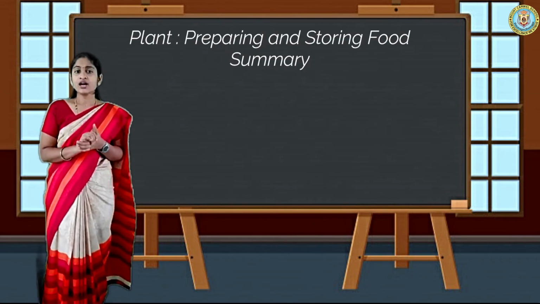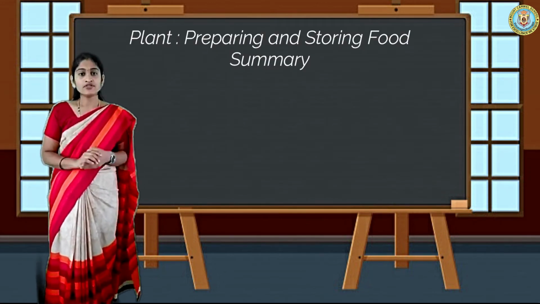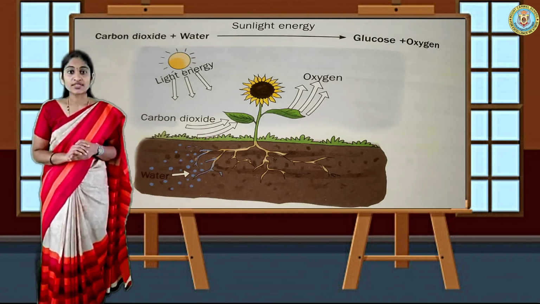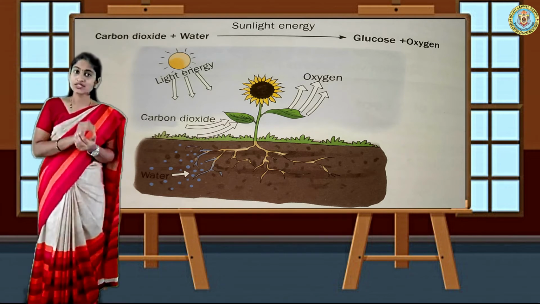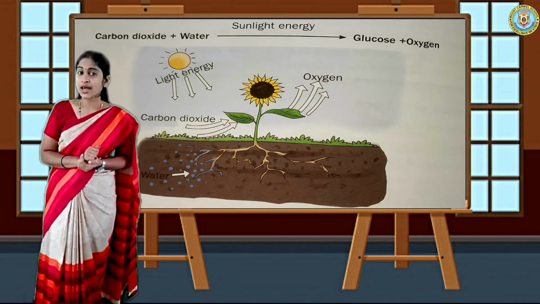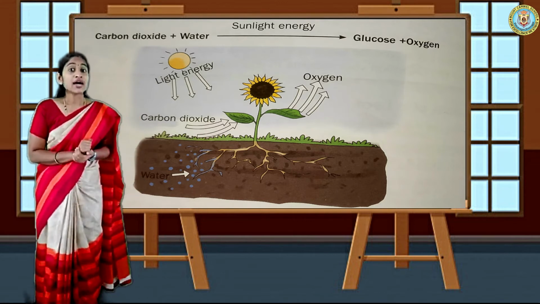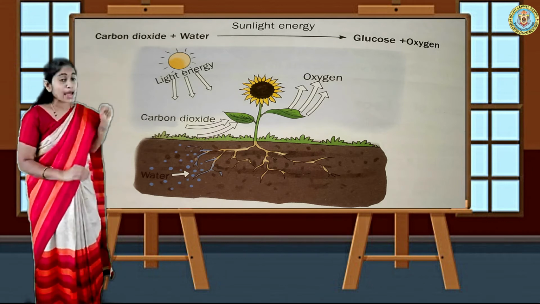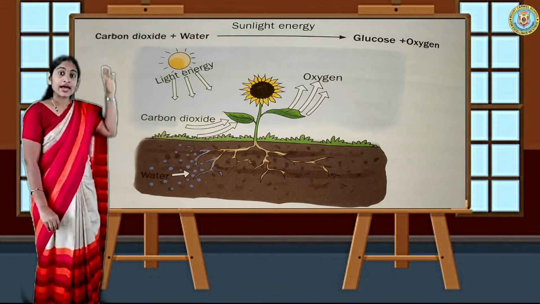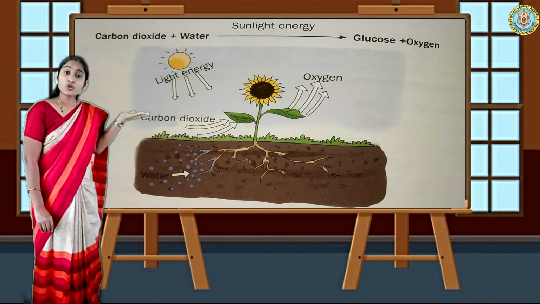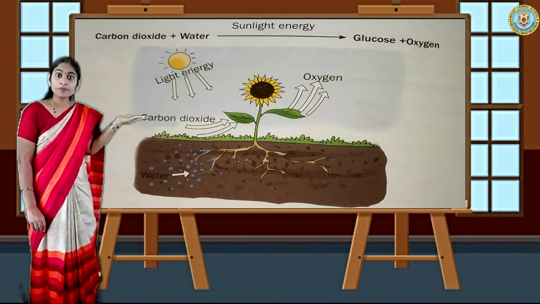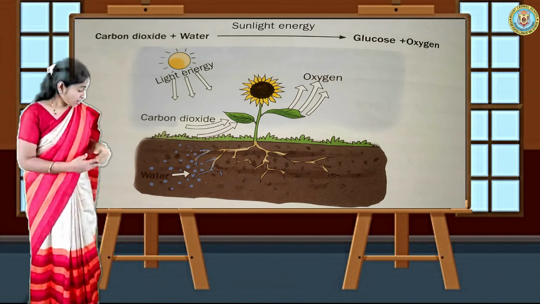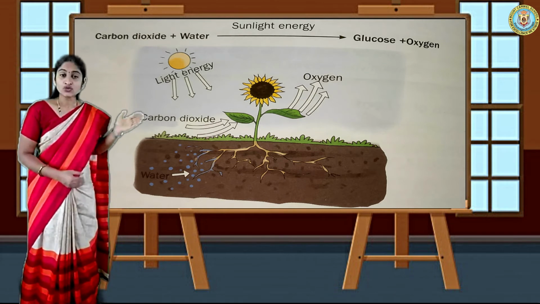Yes, a leaf has several functions, but one of the functions is preparing its own food by the photosynthesis process. Do you know what the process is? In this process, what happens? The chlorophyll inside the leaf, see here, traps sunlight, isn't it? And then the stomata present in the leaf, what do they do? They suck the air, meaning carbon dioxide from the air, and from the soil the leaf gets water.